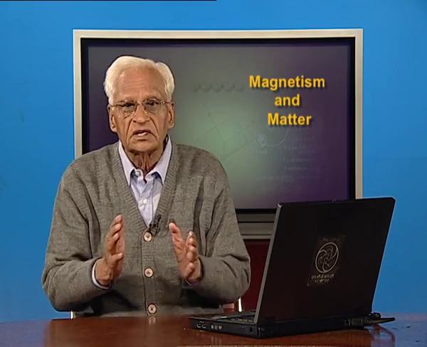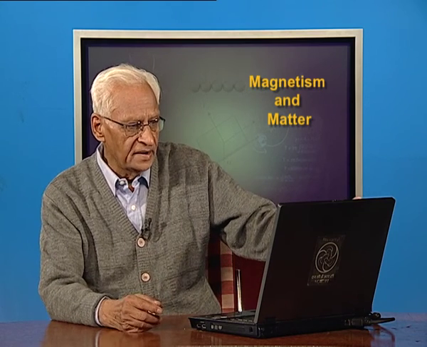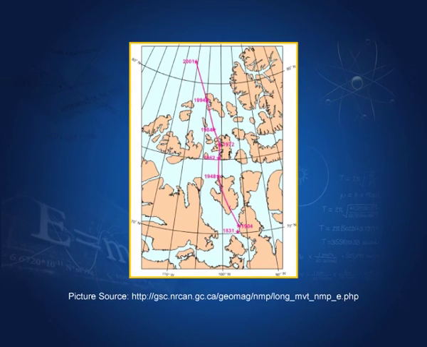So, this shows that the earth's field is variable, and you can see from this figure, this magenta line shows you how the north pole of the earth has drifted in the last so many years. You can see it started from here. So, the magnetic field varies and its north pole wanders around. At present, its location is roughly this. Again, all these details are given on this website.